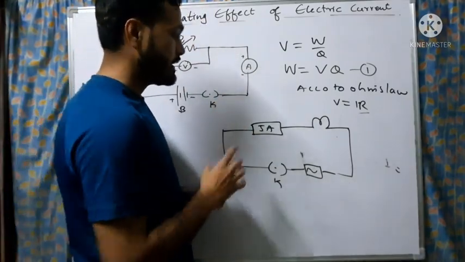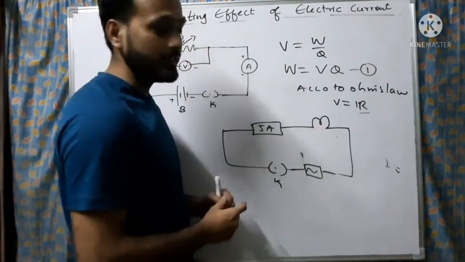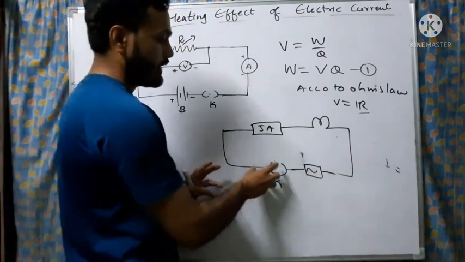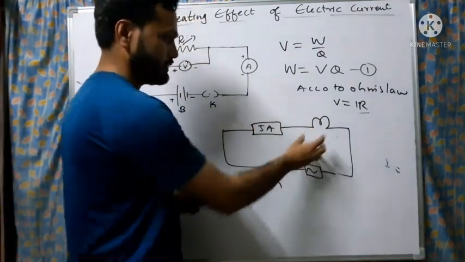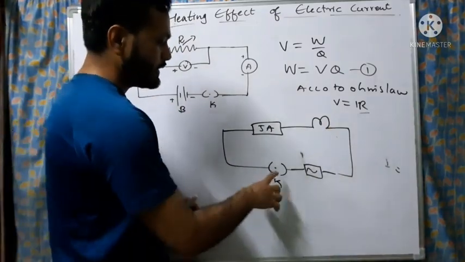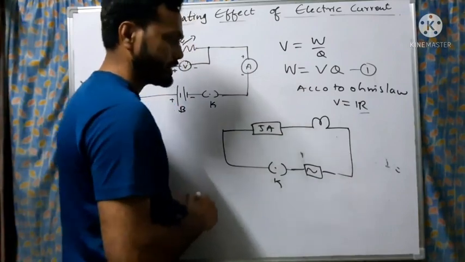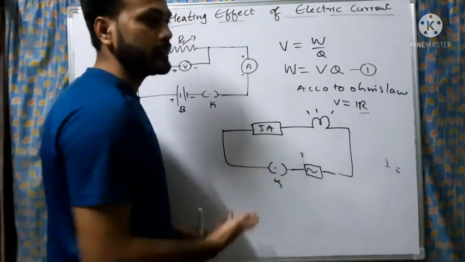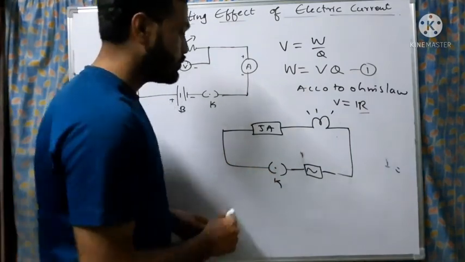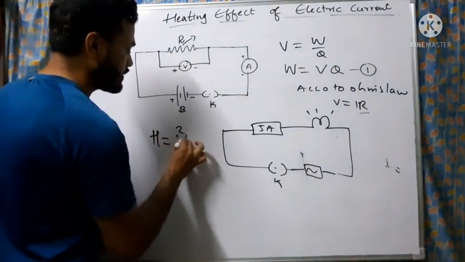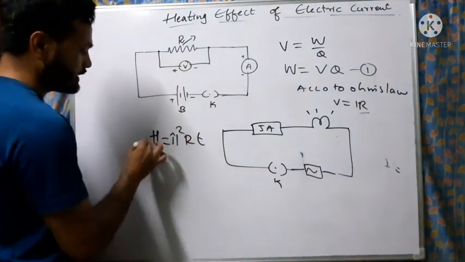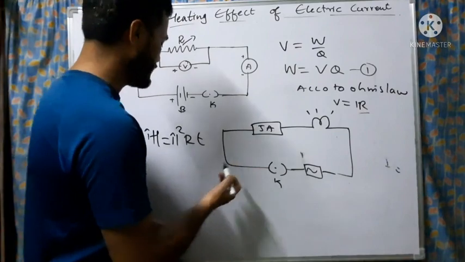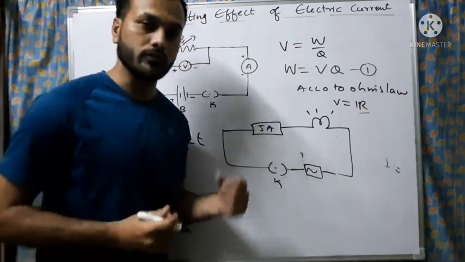See how it works. The fuse is always placed in series with the appliance which is to be operated. Now let's see, I have connected a 5 ampere fuse for one device here, let's say a bulb. When we turn on the switch, current starts flowing through it, and the bulb glows. At some time, more current starts flowing here. When more current flows, the heat generated will also be more.